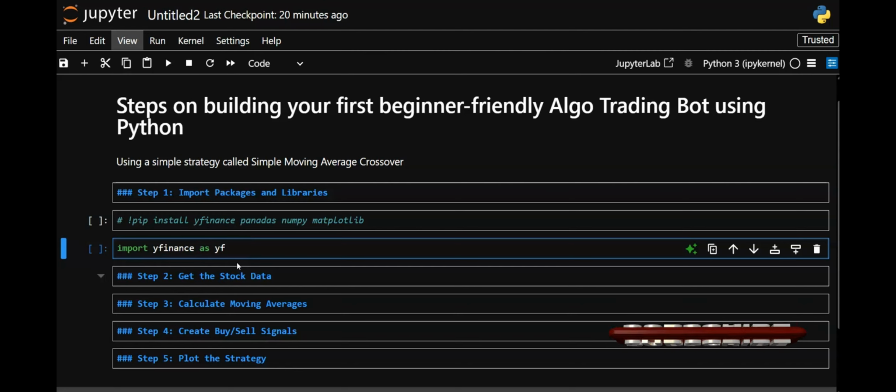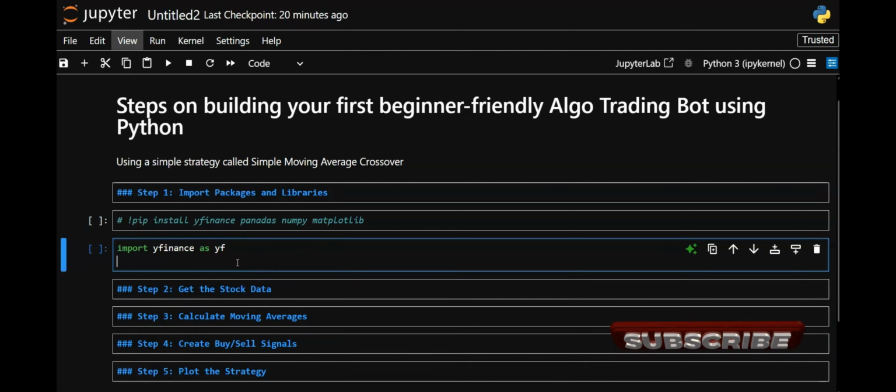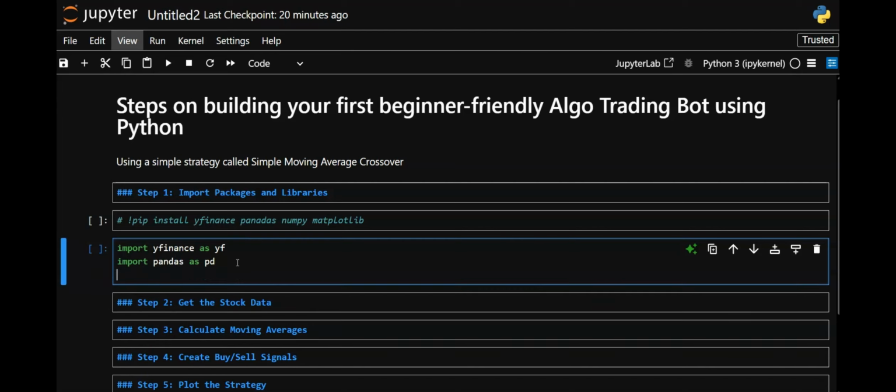as YF. So YFinance will help us get real stock data directly from Yahoo Finance. Next, we're going to import Pandas as PD. Pandas is working with tables and handling the stock data. Next, we're going to import Matplotlib,